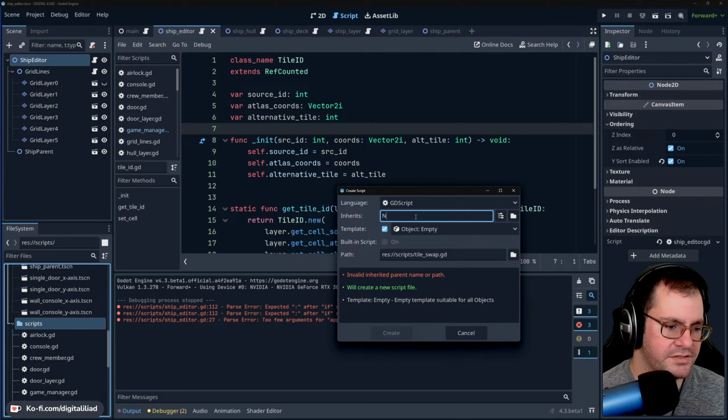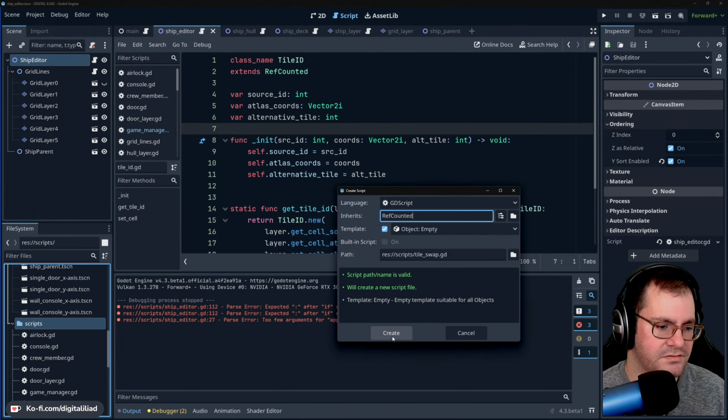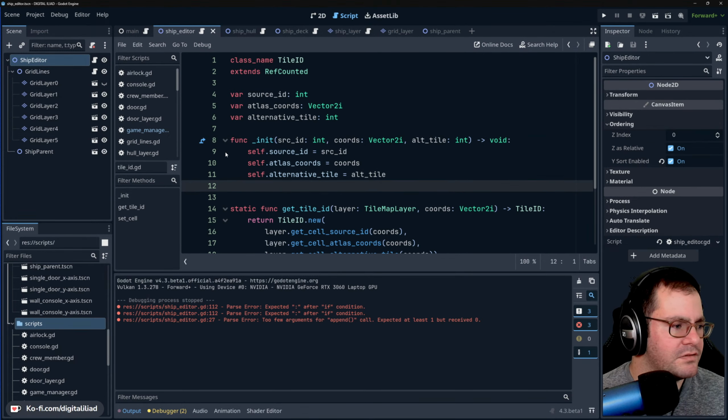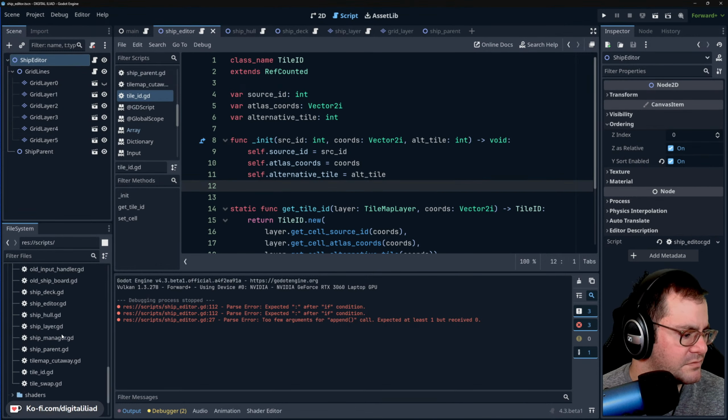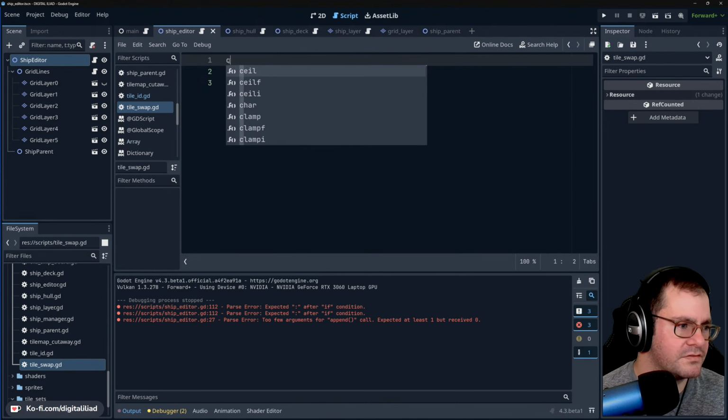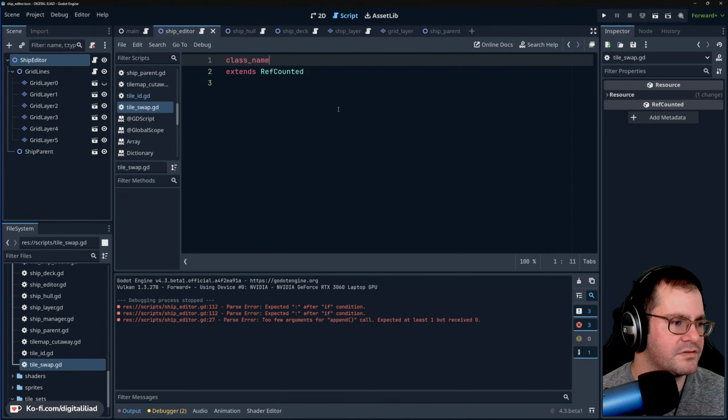Does not need to inherit node. It's going to inherit ref counted. I think that's the correct choice here. We don't want to manage the memory of it. Swap, the class name, tile swap,